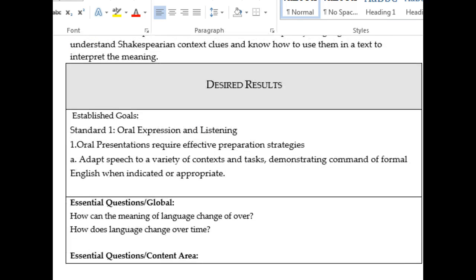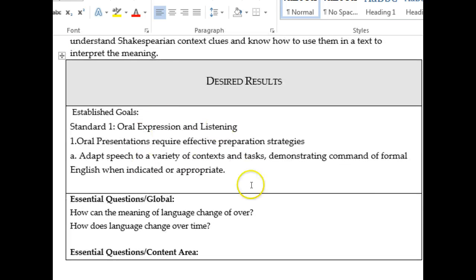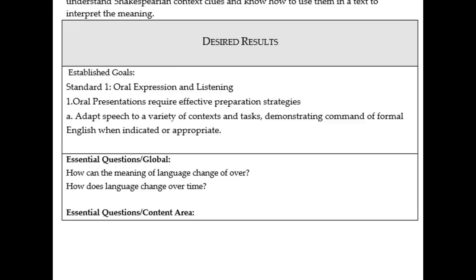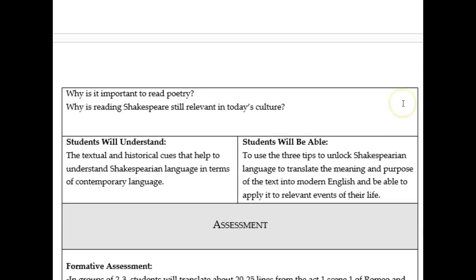Okay, let's start with your established goals. So adapting speech to a variety of contexts and tasks, and I see how that aligns because of the assessment that you're having the kids do. Okay, so good. All right, so using the 3 tips to unlock Shakespearean language, I see that in the students